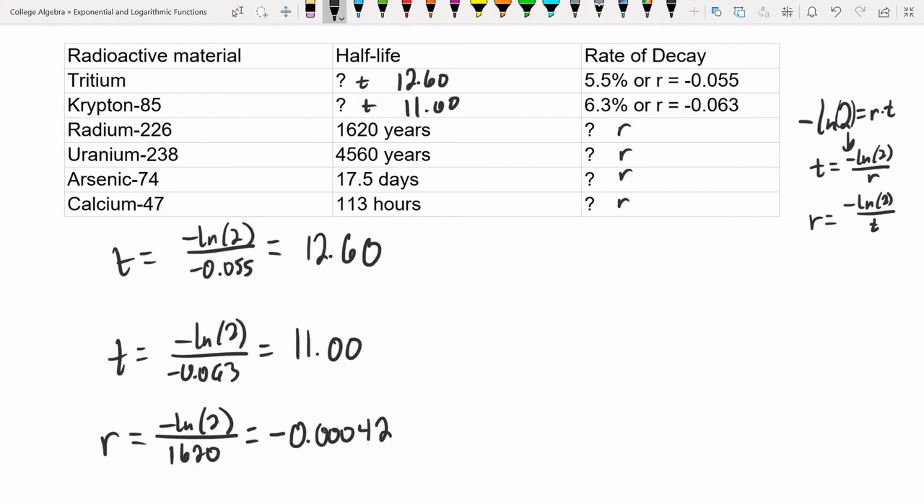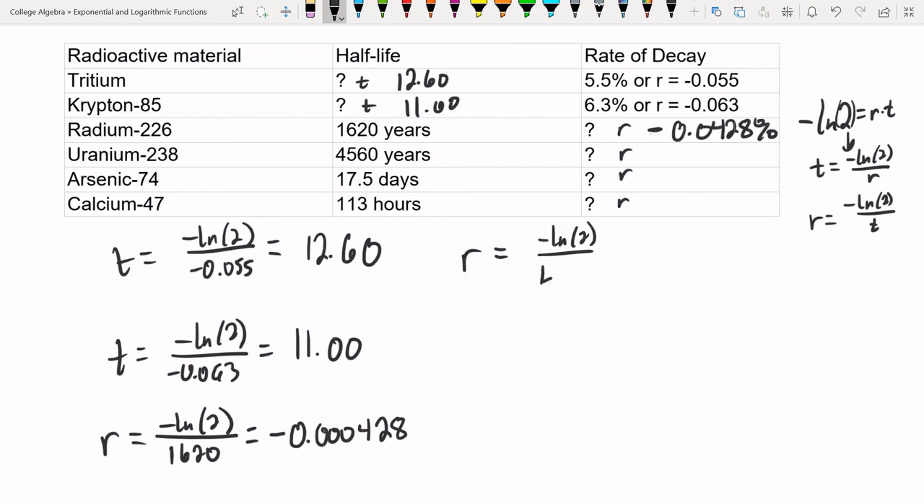So the rate is negative 0.0428. You could say it as a percentage, maybe like a negative 0.0428%. Either way, it's fine. Next, the rate for uranium is negative natural log of 2